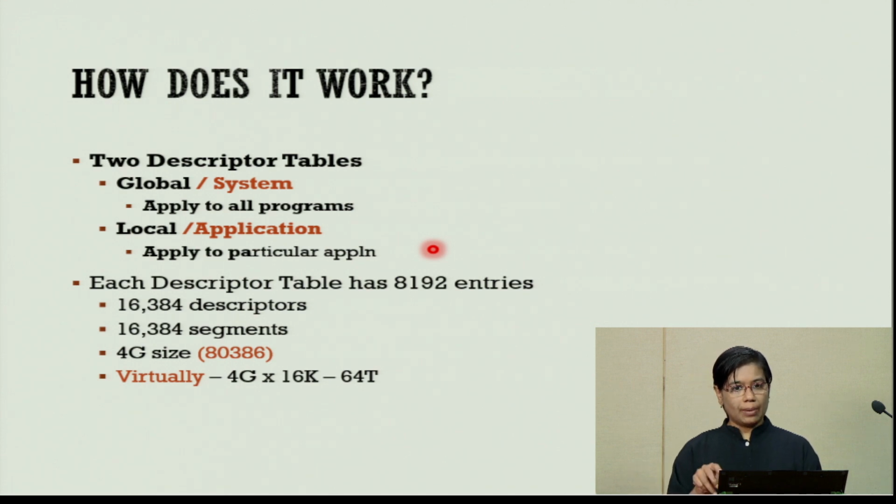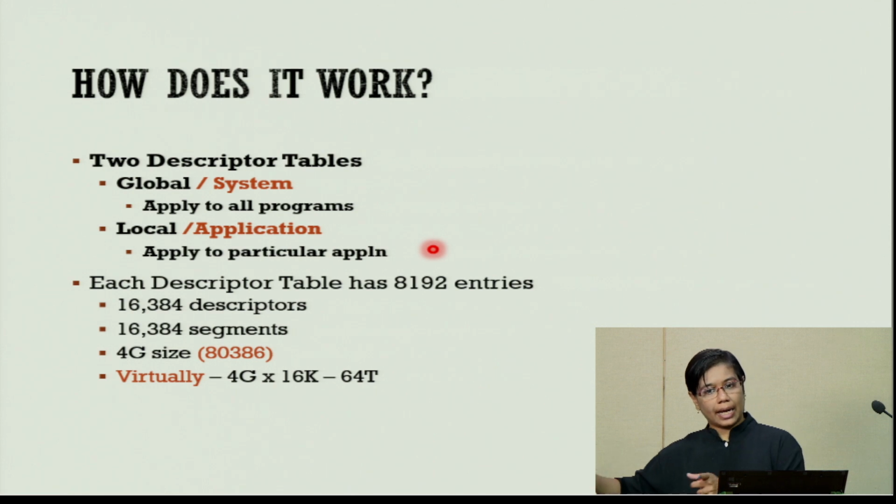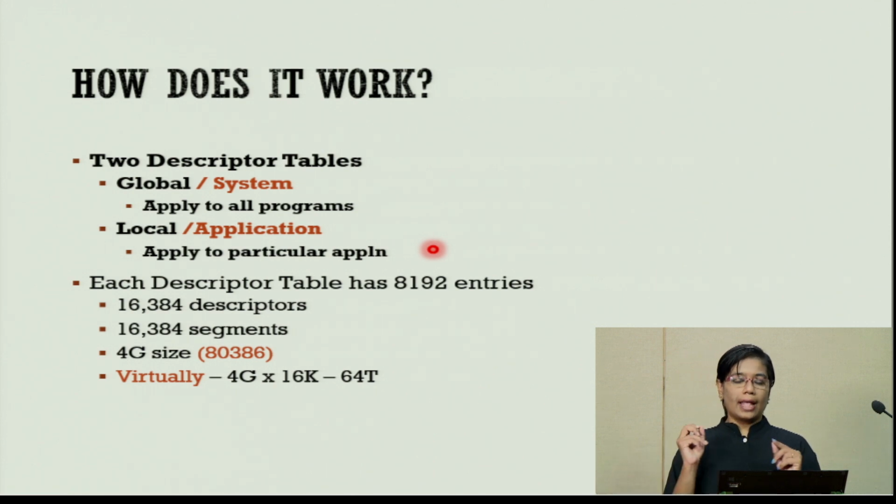So local is something which applies to a particular program or application. So there are totally two descriptor tables available in memory. One is the global descriptor table, which is common for all programs currently being executed. And there is another, the local descriptor table, which is going to be different for every